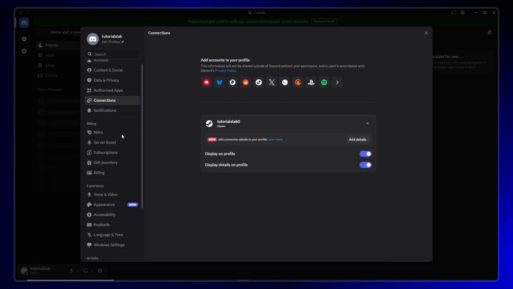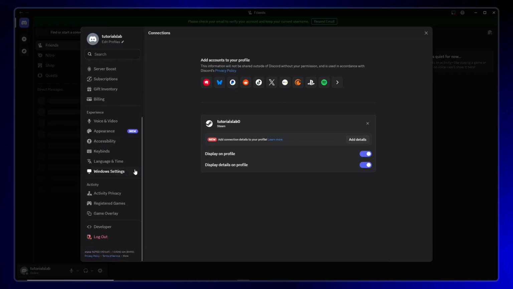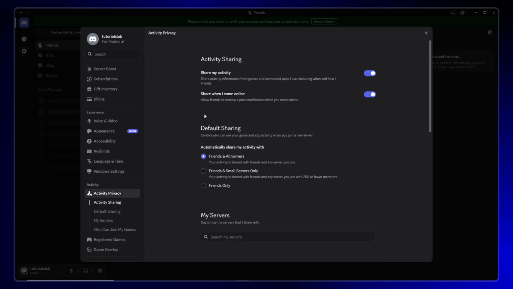Now that your Steam account is linked, let's configure the privacy settings. In the left panel, click on Activity Privacy. This section controls what information Discord shares with others about your current activities. Look for Share My Activity and make sure the toggle next to it is turned on. This setting is crucial because it allows Discord to broadcast what game you're currently playing to your friends and server